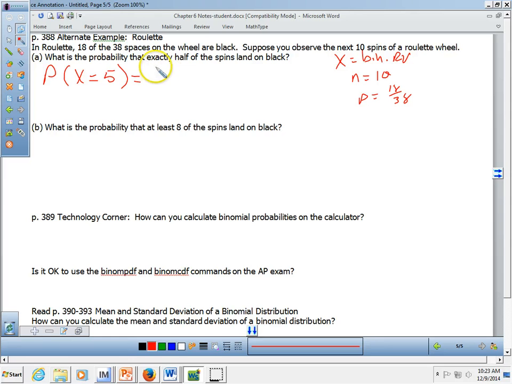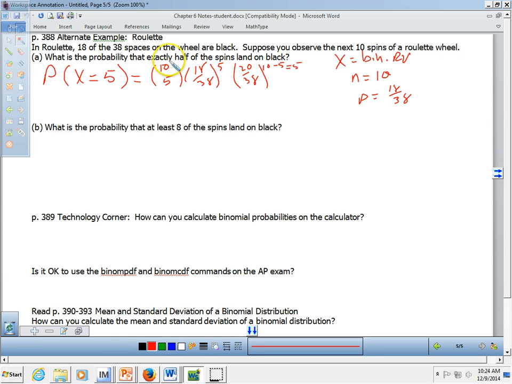Okay, what does that mean? Well, my n here is 10, my k is 5. So now I want the possible combinations of 10 choose 5. And then I'm going to raise the success rate to the k power. So my success rate is 18 out of 38. I'm going to raise it to the 5th power. And I'm going to raise my failure rate, which is going to be 20 out of 38. I get that by doing the complement of 18 out of 38, subtract that from 1. And I'm going to raise that to the n minus k power, 10 minus 5, which is just 5. Okay? Now,